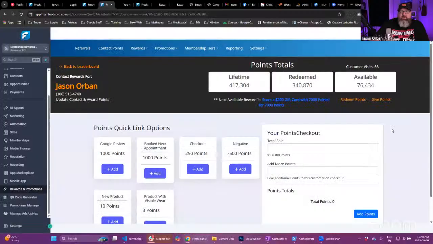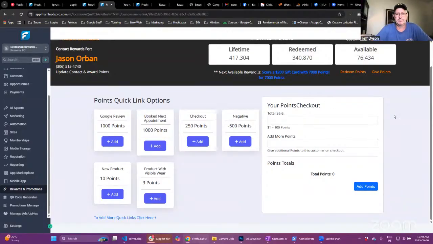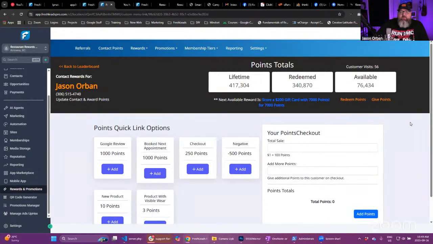Because I was talking to someone quite a while ago, with rewards and giving points to a contact, they wanted to be able to track which staff member was giving the points, so that when you come to this page, you have to select who it is who's actually giving the points, so it's not anonymous on there, which I think could be